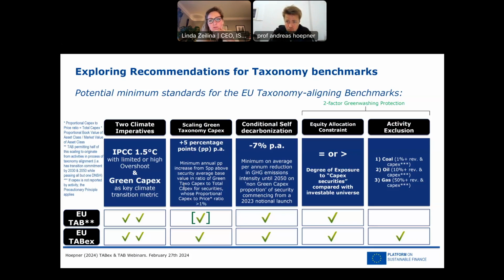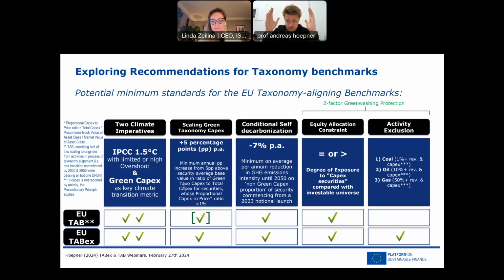Now let's move on to, I think, more general questions, which the majority of the audience will be keen to hear your answer to. So there's a question about why the sole focus is on CAPEX, and why there is no recognition given to turnover and OPEX, which are equal metrics under the taxonomy regulation? Yeah, that's easy to explain.